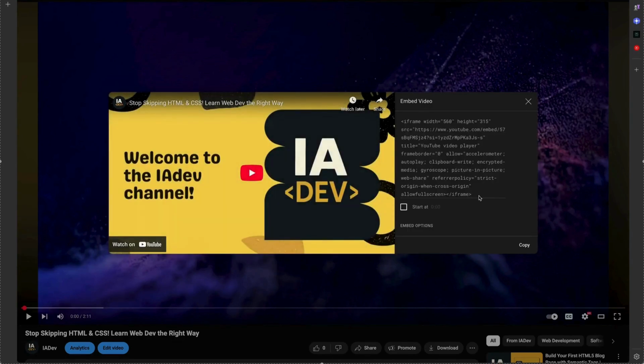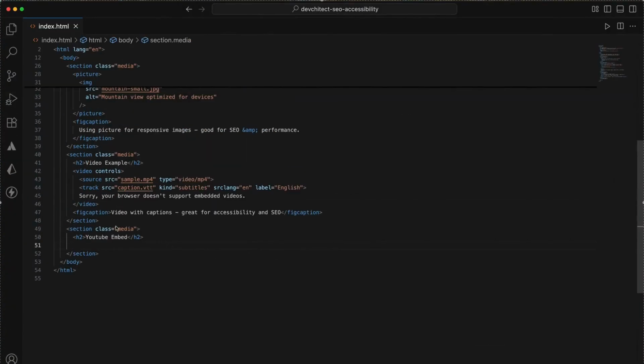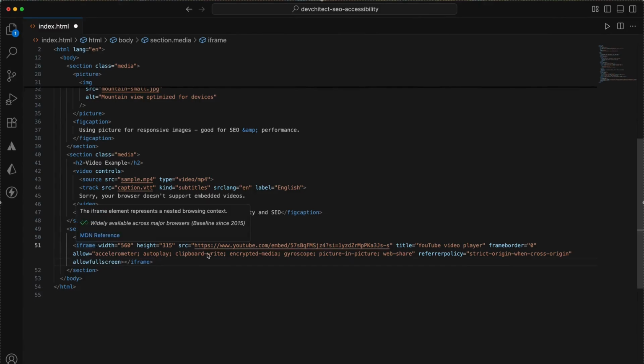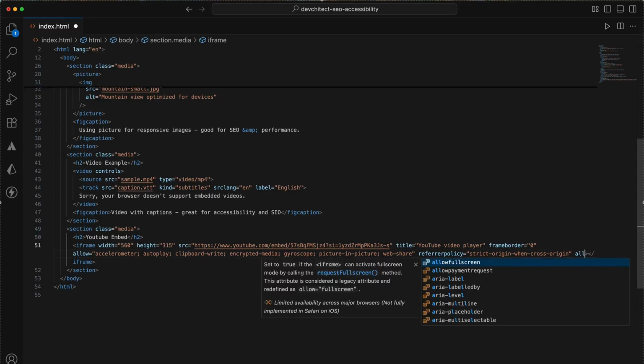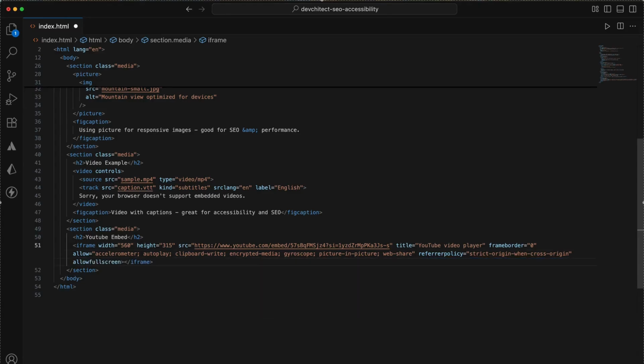And click embed, and you'll see the iframe embed code. Copy the code and paste it into our editor. I'll set the width and height to 560 by 350, and I'll add the allowfullscreen attribute so viewers can expand the video. To keep it accessible, I'll make sure the iframe has a descriptive title attribute, like YouTube